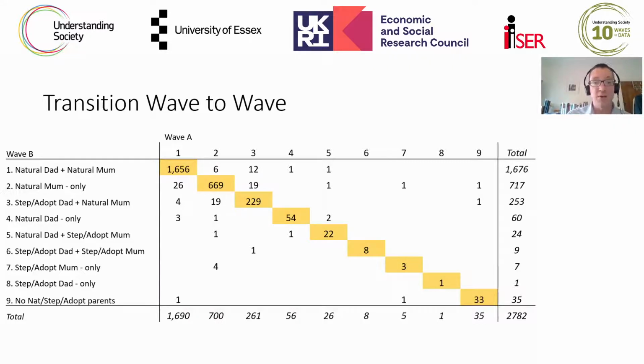But what you very quickly see is that there is quite a high degree of year-to-year stability, as you might expect. And the case numbers, when we start to move away from that diagonal to look at changes in terms of who's living in the household, very rapidly fall away, and you don't have a lot of cases to work from the original near 5,000 cases.